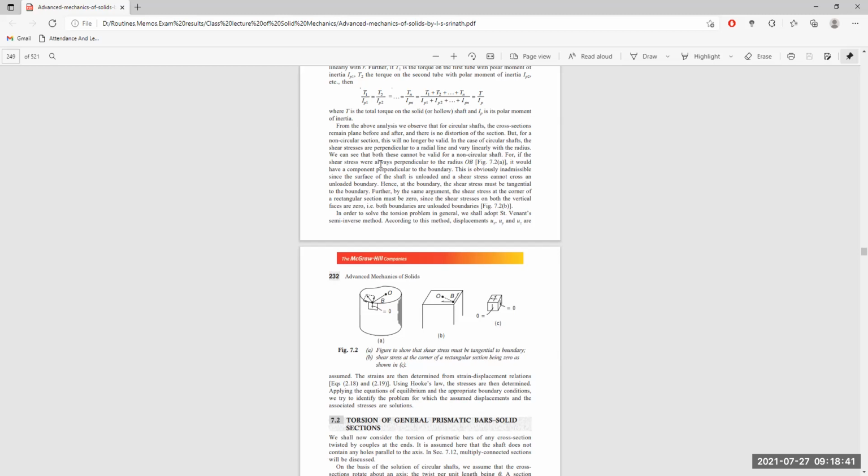But if the radius is reduced, it does not reach the circumference but finishes somewhere between the center and the circumference. The shear stress also varies accordingly with radius r. But at radius 0, at the center of the tube, there is no shear stress. This is the conception for a circular cross section itself. But for any cross section other than a circular shaft, this is not valid.